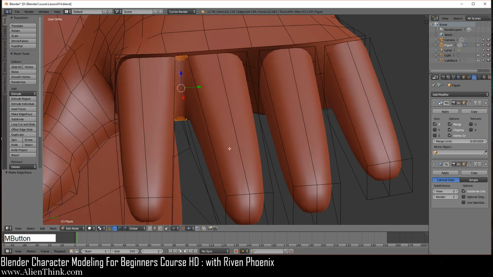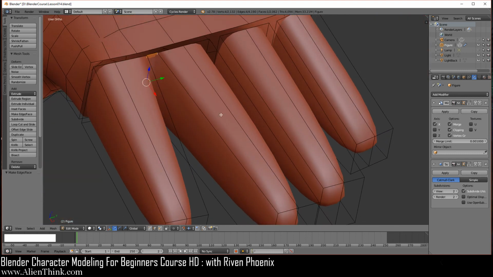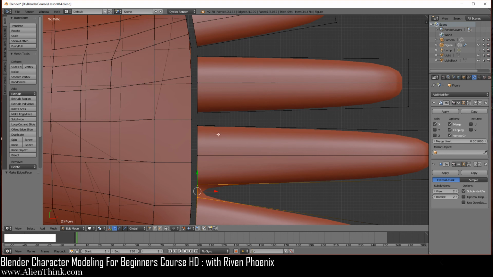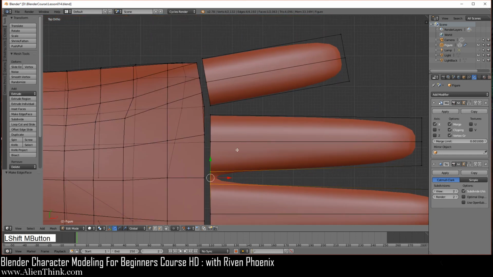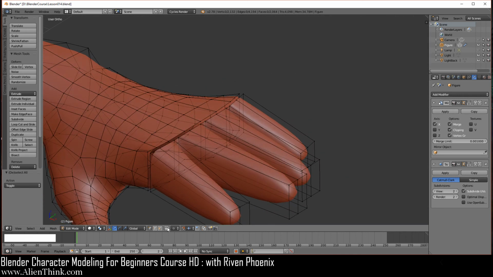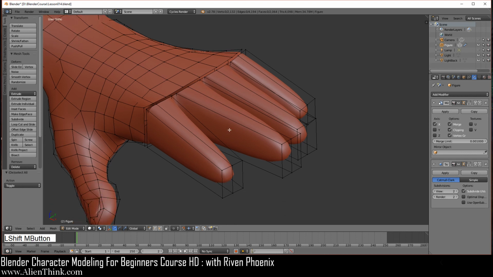But if you think about it, we can actually do this from the top here. If you press the 7 key, go into vertex select mode and make sure that this is on so we can see the vertices in the back, A to deselect, just press the C key, select these 2 guys, right click to get out of it, press F, right? This is the quicker way of doing it. Press C, do this, press F, and then A to deselect. Okay. And now I'm just going to switch this off over here.